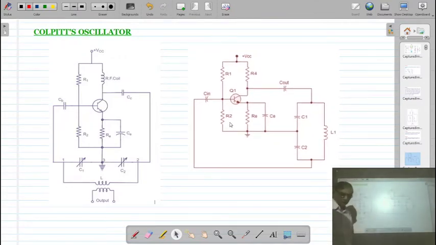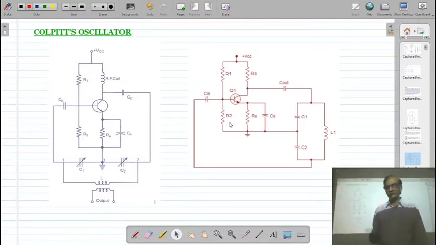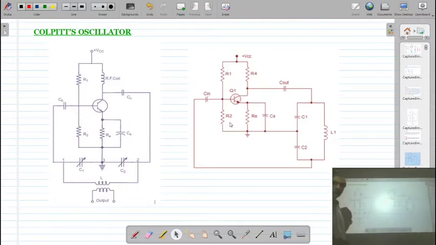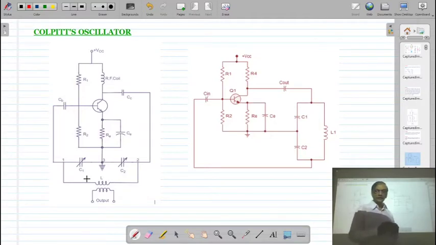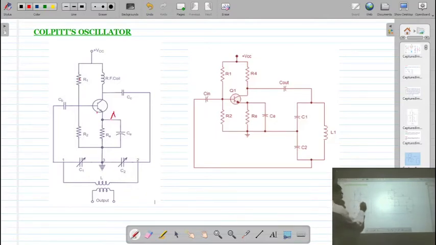So here the circuit is there, and the second one is another form of a Colpitts oscillator. Actually, both the circuits are identical. Now, if you look at this circuit, basically oscillator means what? There will be an internal amplifier, and there will be a feedback network. So here, this transistor and the resistances R1, R2, Re, and Cv form an internal amplifier. R1, R2, Re, Cv are for biasing.